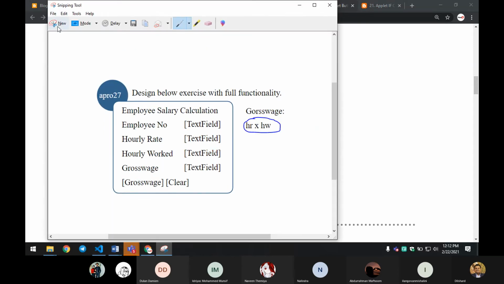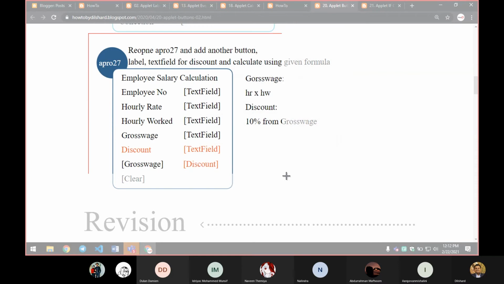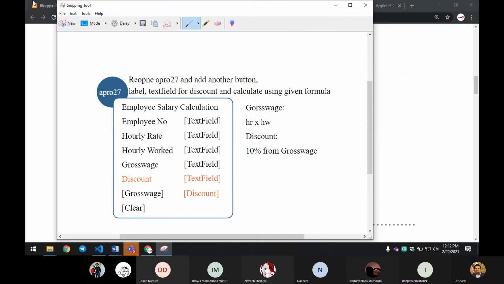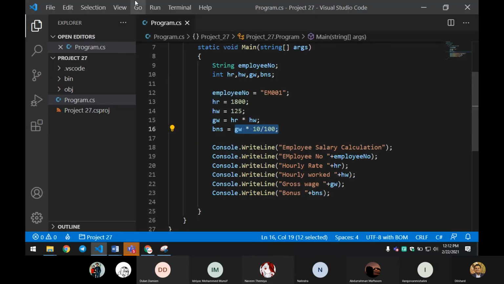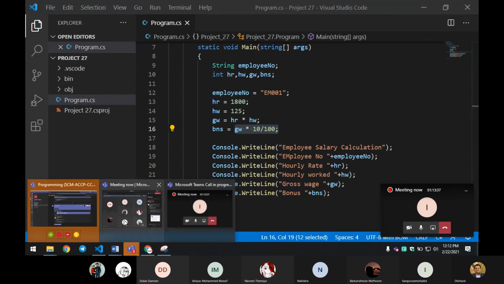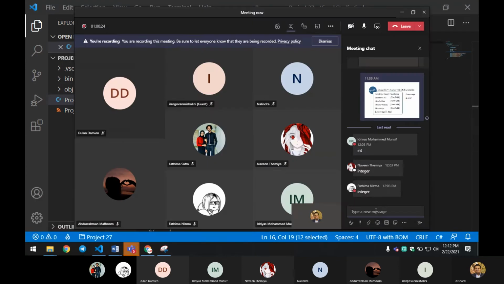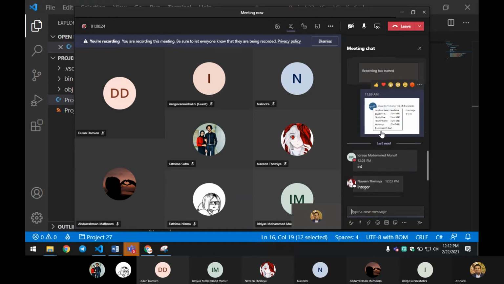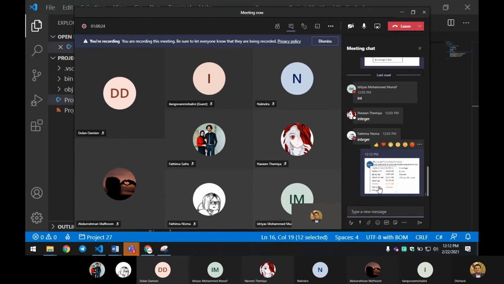I'll copy these two and send them to you in the chat so that you can give it a try, modifying the same project, and you're going to add a discount.